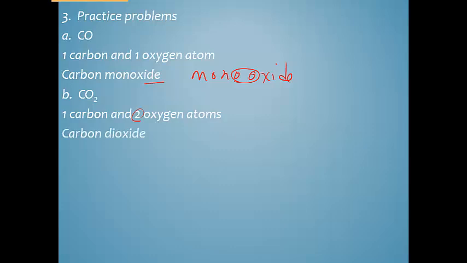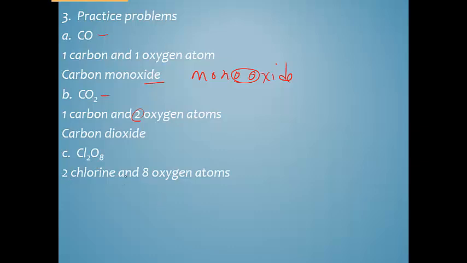So because of the prefixes, we now have a way to tell these 2 elements apart, even though they use the exact same elements. They have different amounts of them, and so our name reflects that. If we look at Cl2O8, again, molecular because chlorine and oxygen are both nonmetals, and if you look at how many of each you have, the 2 behind chlorine says we have 2 of those, and we have 8 oxygens,